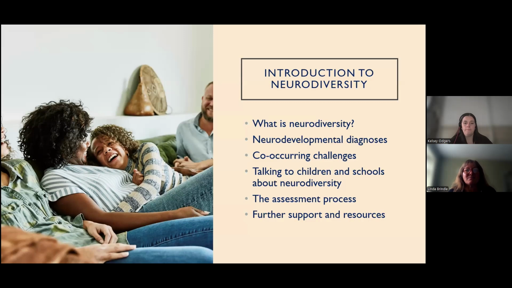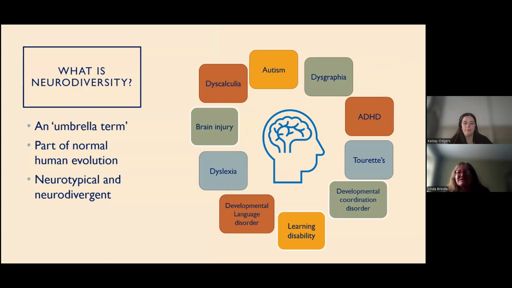So let's just have a little bit of a think about what is neurodiversity. It's a concept that originated in the autistic community and doesn't have a formal agreed definition, but is an umbrella term to describe a range of conditions and differences. Across a population of humans, there will be natural variation in people's brains, how they process the world, their strengths and weaknesses in their skills and behaviour. Neurodiversity is a part of normal human evolution, and having people in society who see the world differently and have unique skills is a really important part of human life to be celebrated.